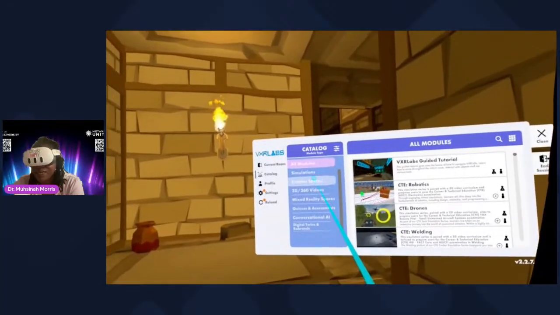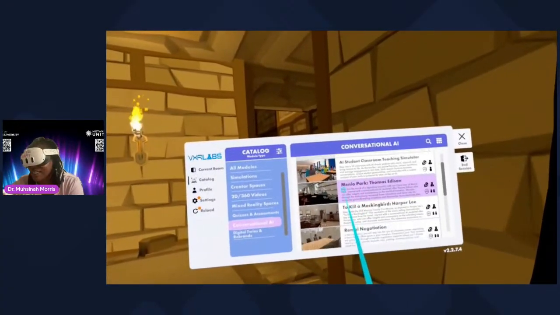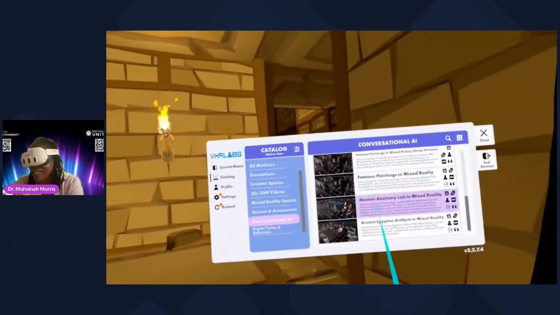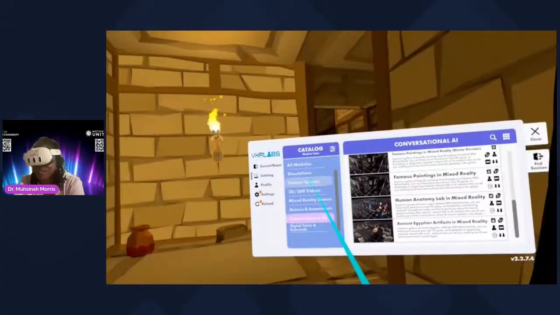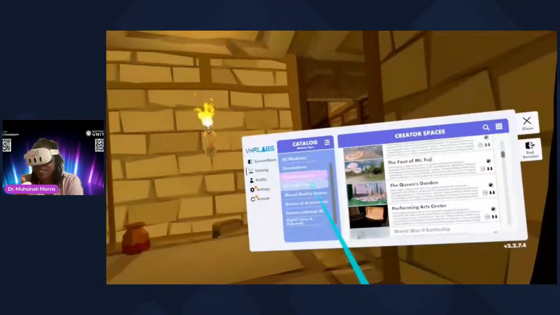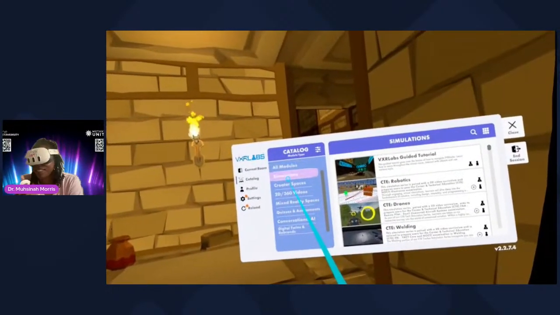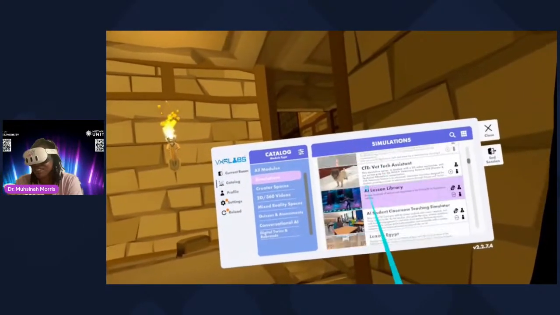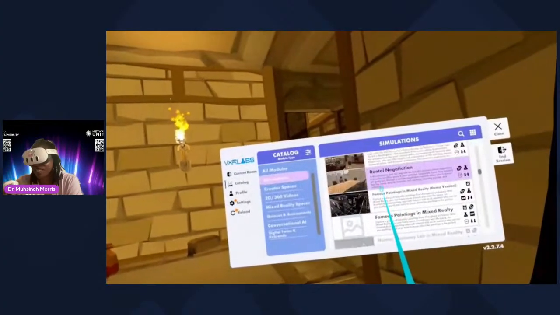The last thing that I want to show you is, well, I did conversational AI. I will show you mixed reality next time. I showed you creative spaces because we went to the Morehouse College campus. I showed you simulations because we did the robotics stuff. So I think we've done everything except for